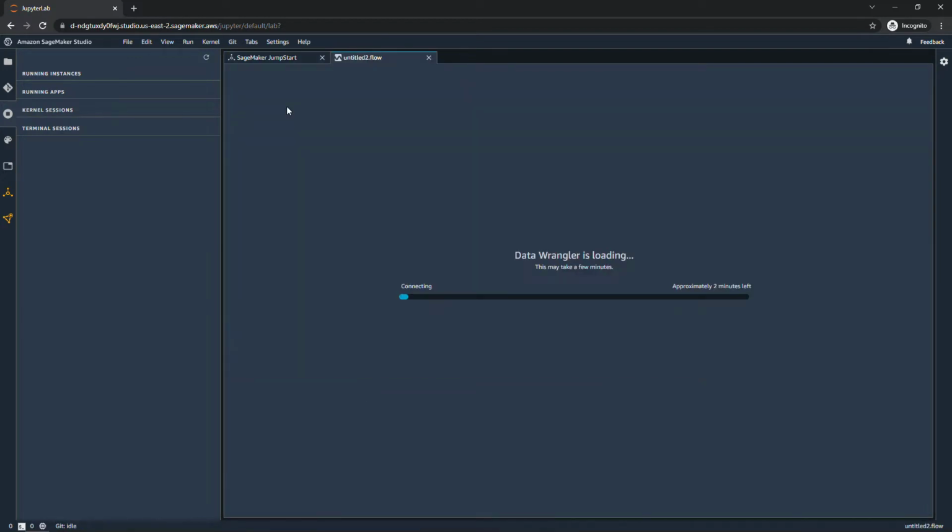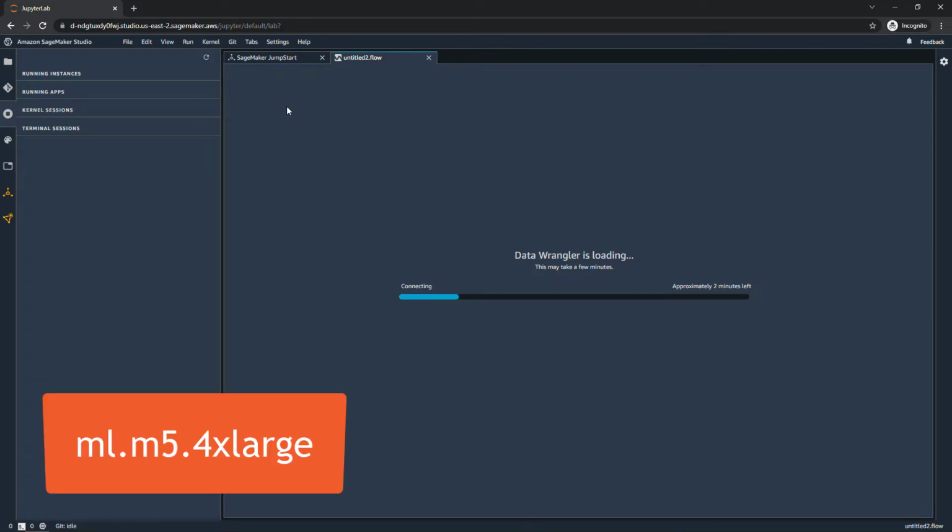This might take a few minutes to create all of those things that we talked about earlier in the slides, of being able to load your data set, transform your data, analyze it, and so on. All of that lives within this flow, which is basically your pipeline. So when you create the flow, it's going to spin up a new instance. That instance type is